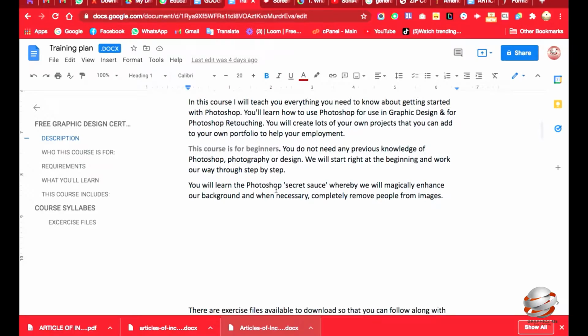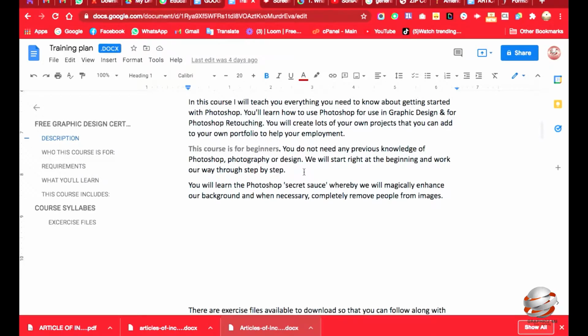Now, this course is also for beginners. You may be doubting, saying, yes, I really want to learn graphics design, but I've never used Photoshop before. I don't even know what Photoshop is. Will I be able to learn this? Yes, of course, you'll be able. I started Photoshop training as an amateur. I knew nothing about Photoshop. So if I was successful in it, it definitely means that you as a student will be too.